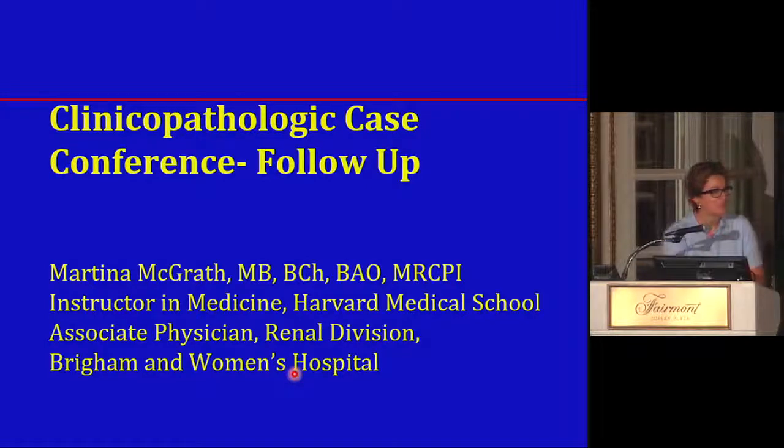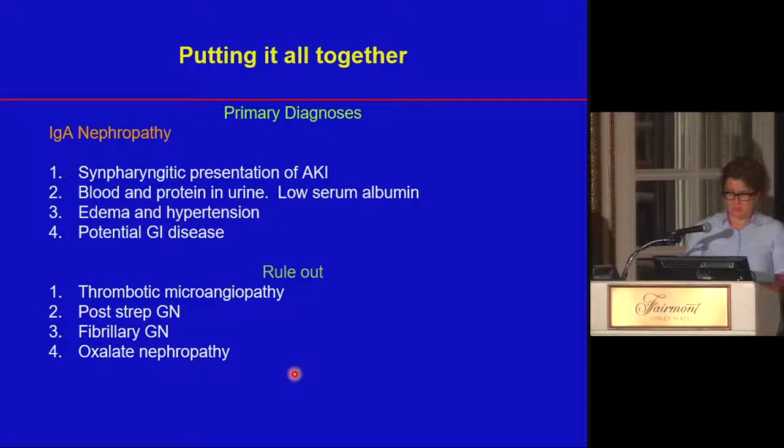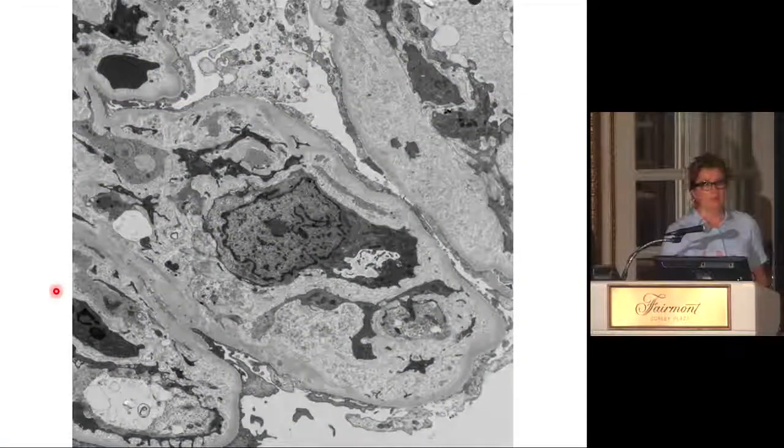Do you have a question too? How about the GBM? What do you comment on the GBM? So the GBMs, oops, which way am I going? No. Oh, okay. Wait a minute. You want that back? No. Hold on. So, you want your slides back? Yeah. So the GBM was very abnormal just by the fact that the subendothelial space, which is lamina rara, there you go, thank you. So lamina rara